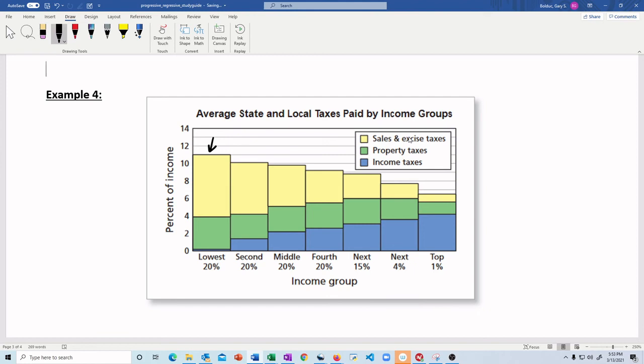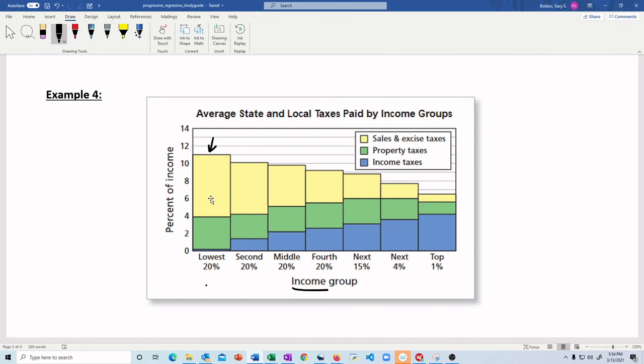So this first group, we would think of as the poorest group. They have the least income. So the group down here with the least income spends a big chunk of their income on sales and excise taxes. So remember, buying clothes,